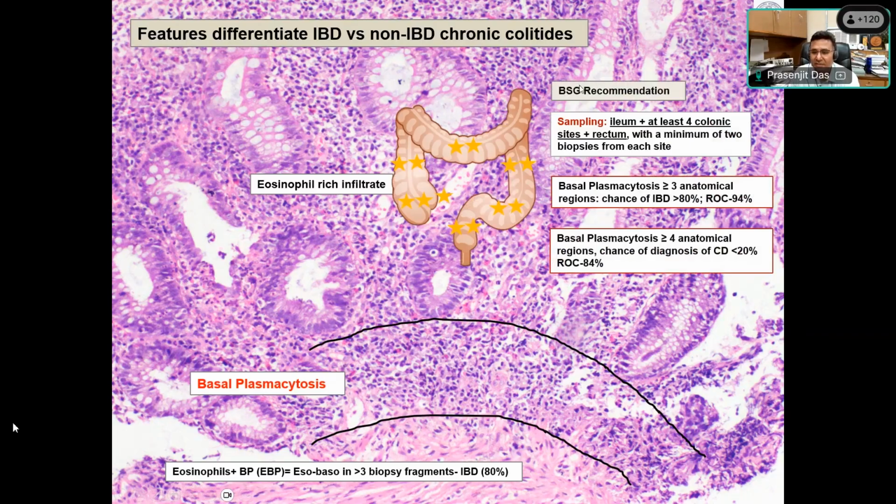And there are various recommendations from the BSG. It came in 2013 that clearly told that basal plasmacytosis is,